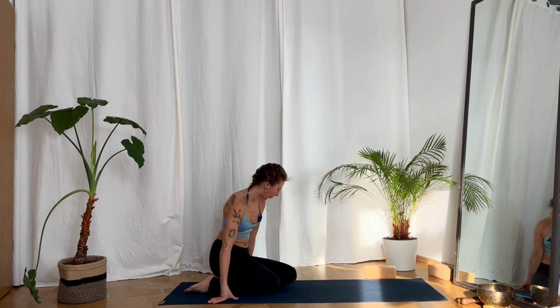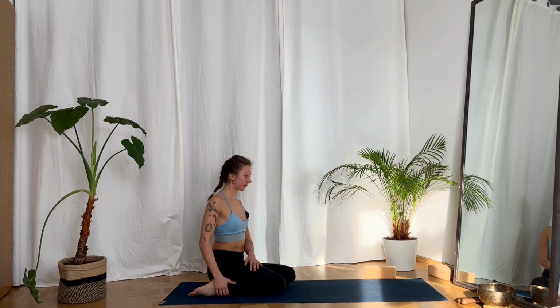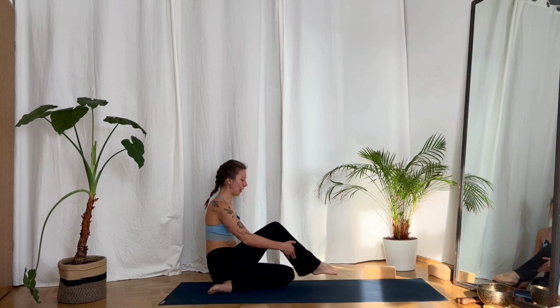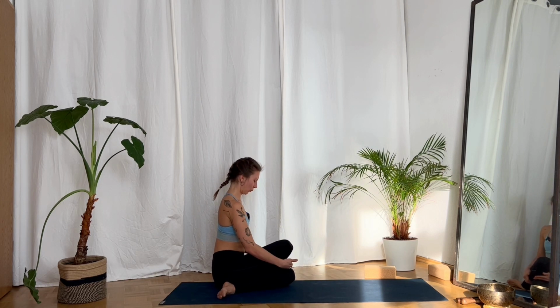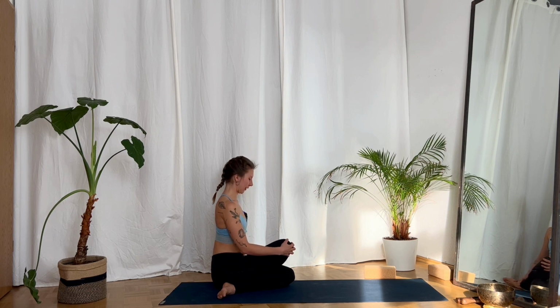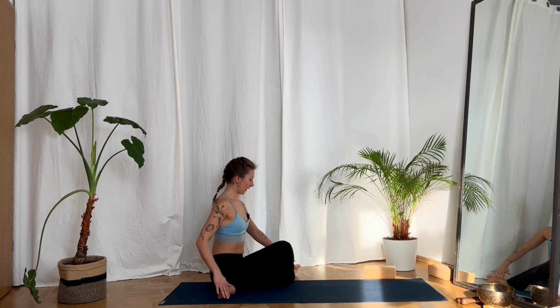And then sit onto your left side of your heels. So your heels are next to your body on the right side. And then swing your right leg above your left leg. So your knees are in one line. It's okay if they touch. If not, that's also okay. And if you need to take one leg a little bit wider than the other, feel free to do so